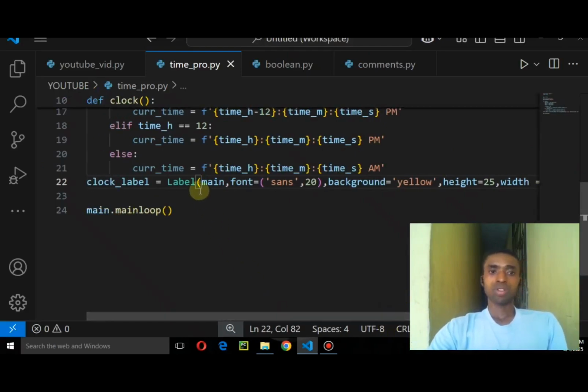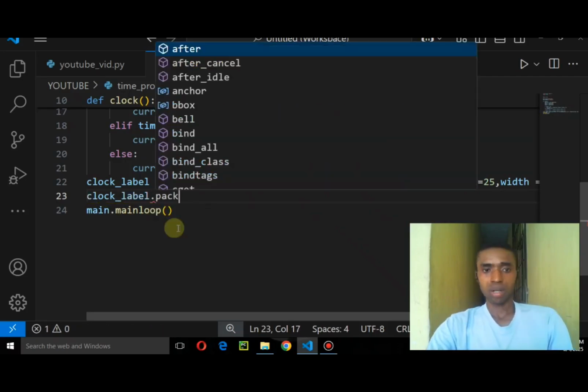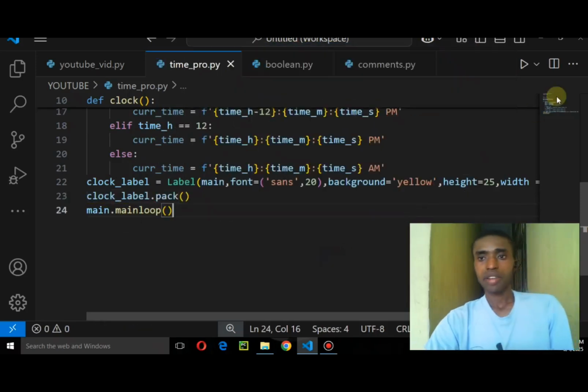So the next thing we're going to do is to render this on our screen. You can say clock_label, sorry, I made a mistake. Clock_label dot pack, we're going to use pack to render it on our screen. If I run this,